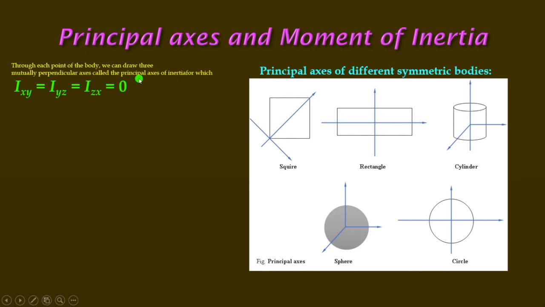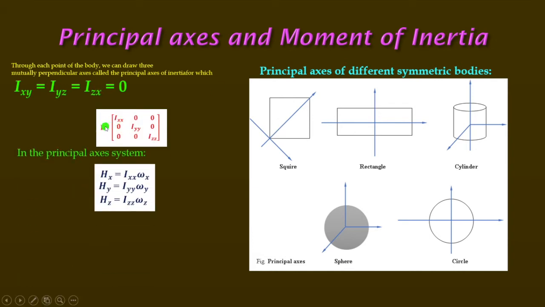For all bodies, there is one or more axes, and the significance of such an axis is that if the rigid body rotates about that axis, then there is no product of inertia, or the product of inertia components are 0. There are some standard cases. So finally our equation is I equals this, and the rest of these quantities, the products of inertia, are equal to 0 along the principal axis.